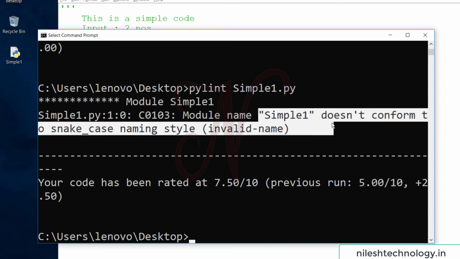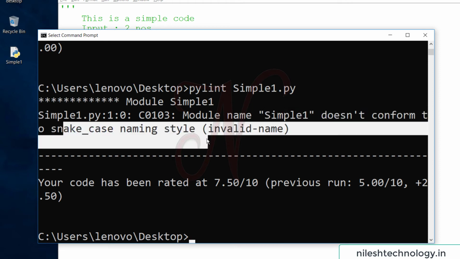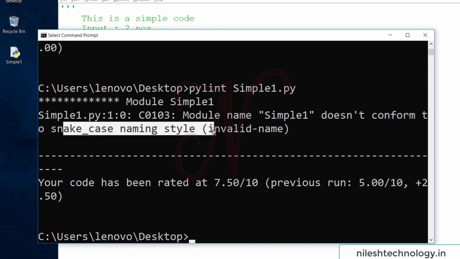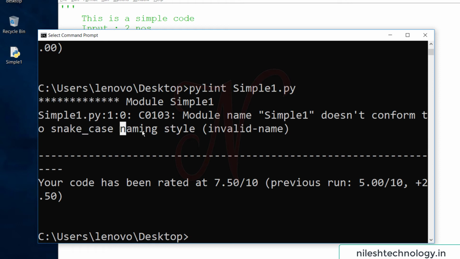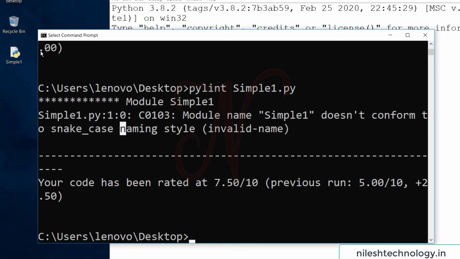Module name simple1 doesn't conform to the snake_case naming style. It means your file name is not in snake case naming style. This is an invalid name, so here we rename this file. Close this file and rename it, changing the S to small case.